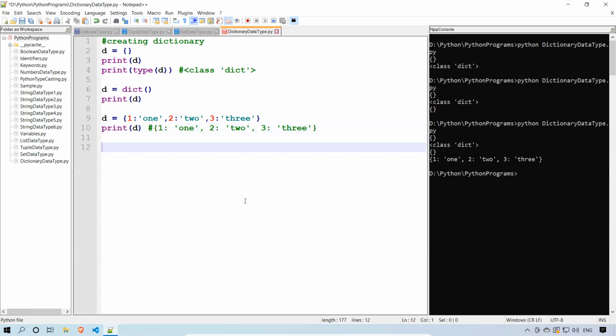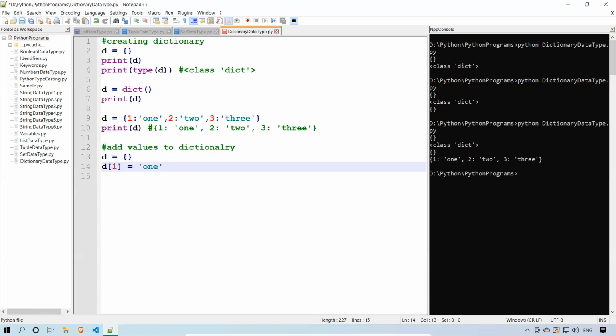Now how can you add values to a dictionary? First I'll take one empty dictionary, then add the values. D of 1 is equal to 1, the same way you access elements in a list.